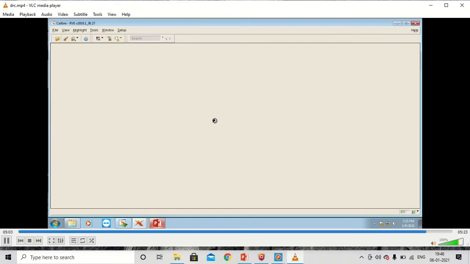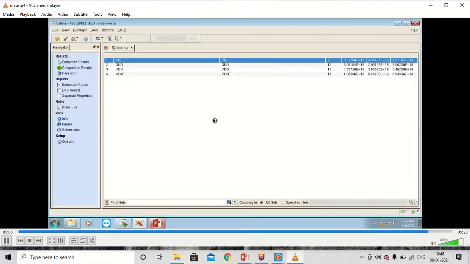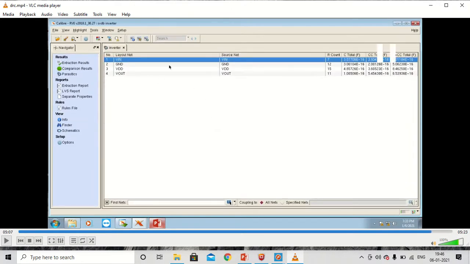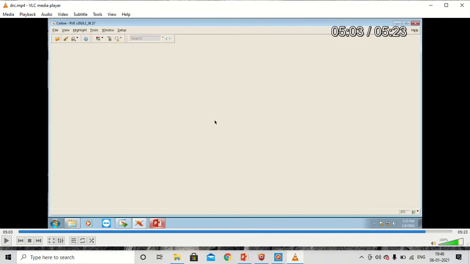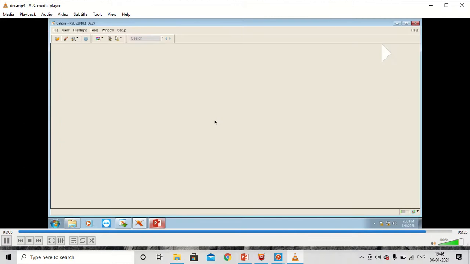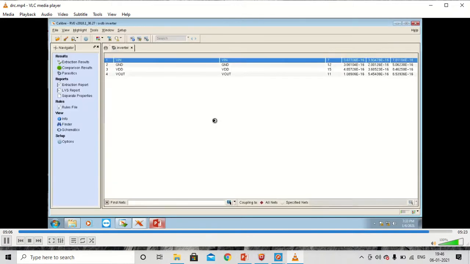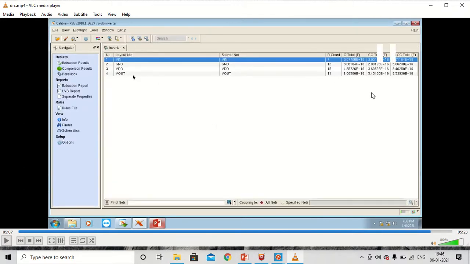So this is the PEX result. PEX also does a comparison result, and here you can see all these are parasitics. So for every pin we have defined, PEX gives us the parasitics at every node we have defined. You can see the parasitics like resistance, capacitance, all these things.